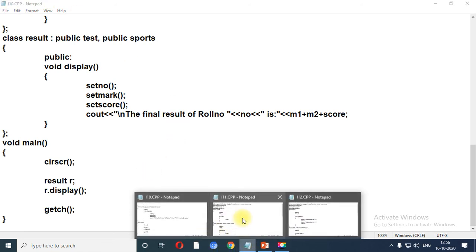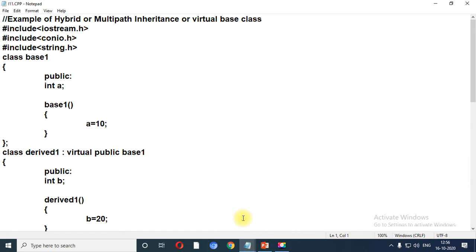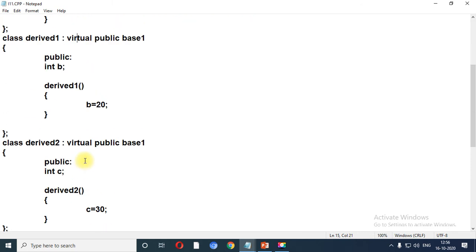Let me share the notepad file for the second program. Base 1, derived 1. Over here we have taken virtual public base 1. Similarly in derived 2 also we have taken virtual public base 1 to share the single copy of base class.